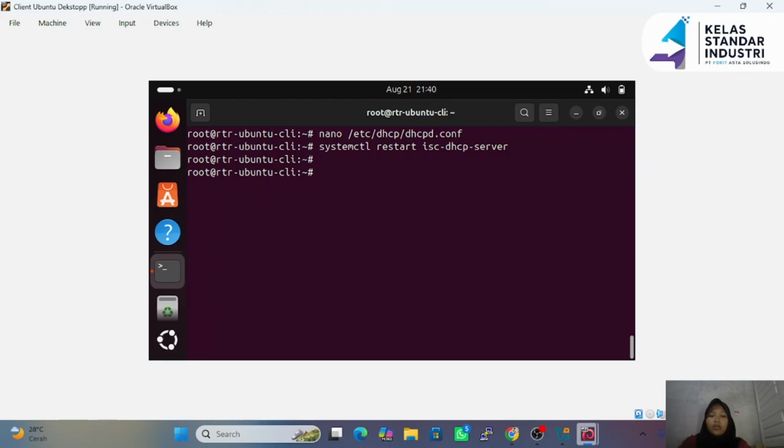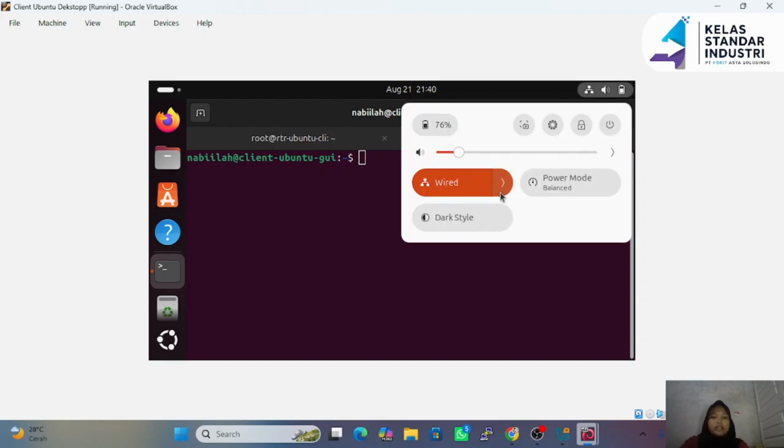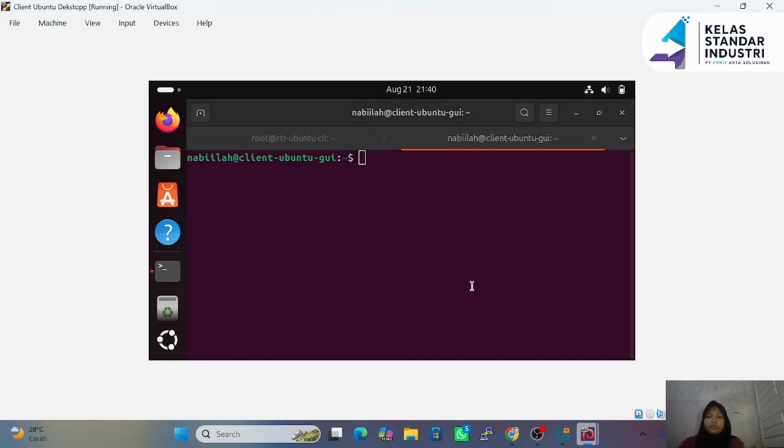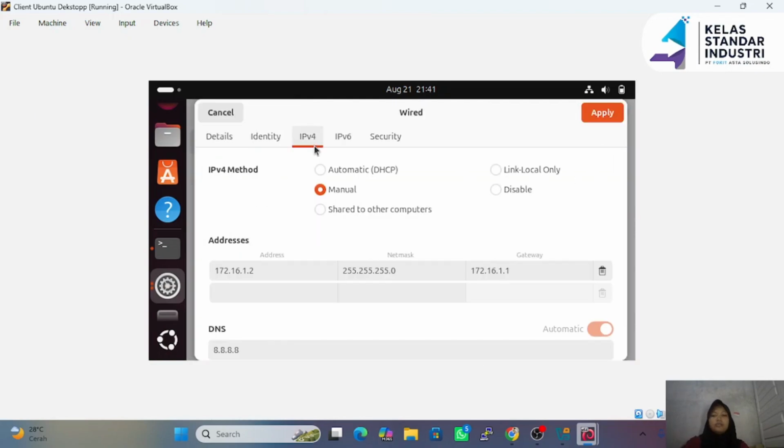Next, we're going to configure the DHCP client on the Ubuntu desktop. We can open a new terminal, but for this part, we only need to change the network setting. First, go to wired setting, and then go to the IP address.